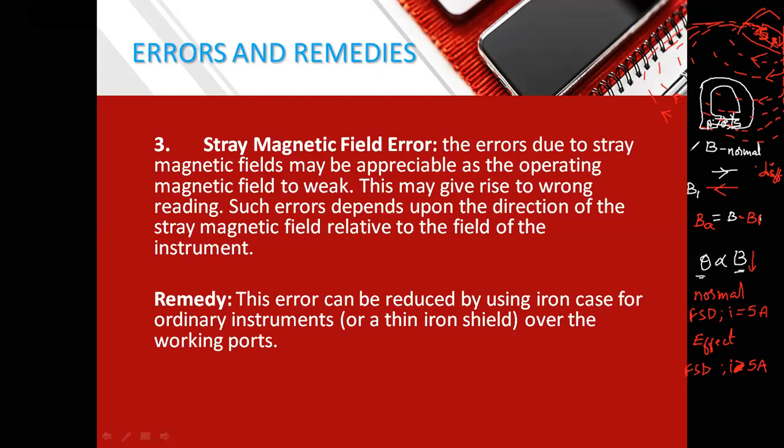So we have to take care of these stray magnetic fields. I have just discussed aiding and differing. You may have cross magnetization effects also. We have discussed magnetizing effect, demagnetizing effect. Aiding means magnetizing, difference means demagnetizing. We can also have cross magnetizing. Then there will be a resultant BA accordingly.